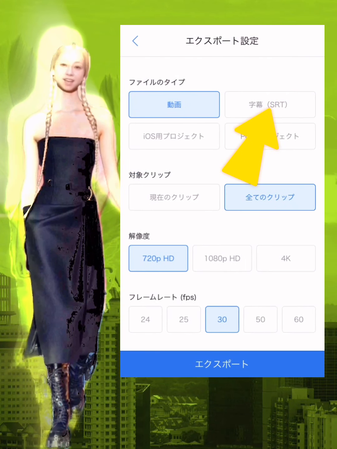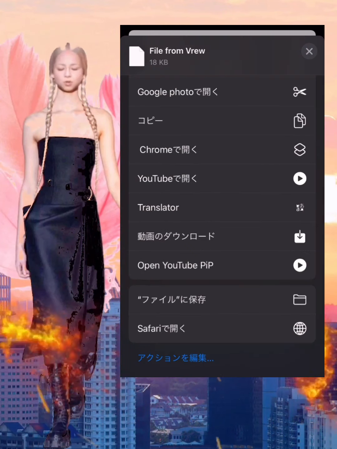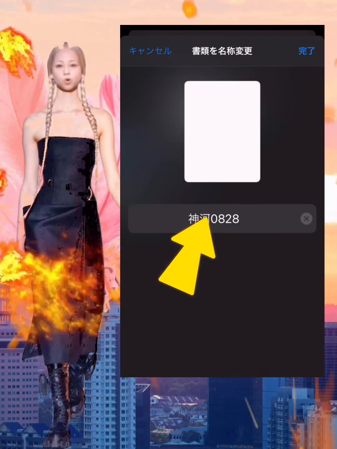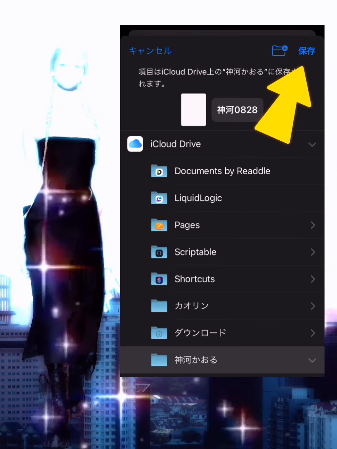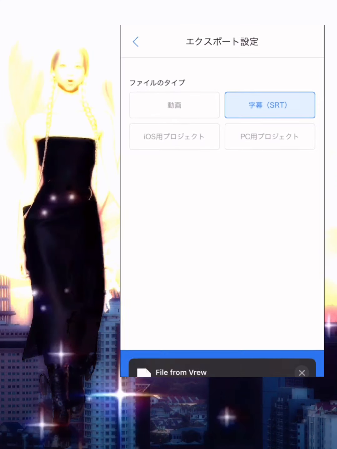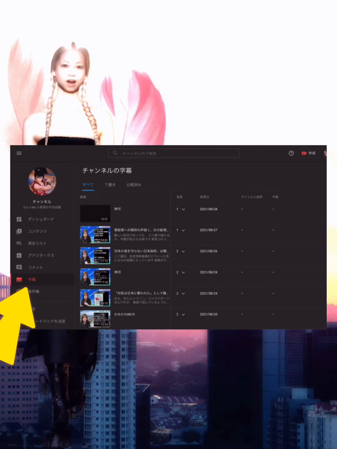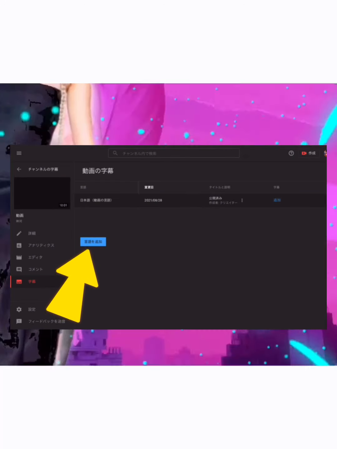5. Extract the subtitles as an SRT file. From the menu on the upper right, select Subtitles, SRT, Export, and Save to File. Give it a file name. The extension will automatically be SRT, and save it on your iPhone. 6. Upload. Make Safari a PC version site and click Subtitles on the YouTube Studio site.